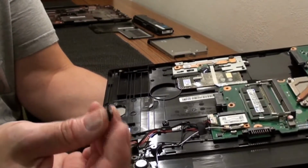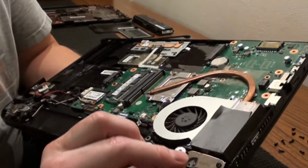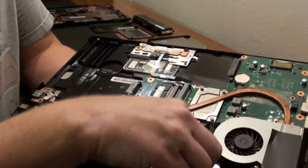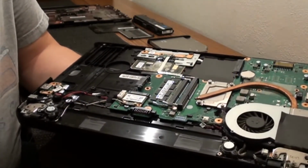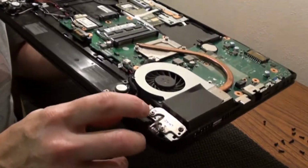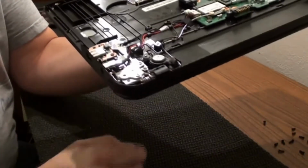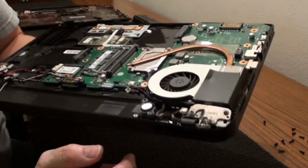Got pieces broke off that I'm sure it goes right over here on this side. This has been broke for a while, so it's been carried around. It's been rattling around in there. Some more pieces right here. So we're going to see if we can try to get this one epoxied down or something so we can use it as a hinge again. Kind of like the way that one's supposed to be. A little dirty. We'll have to blow it out a little bit, but